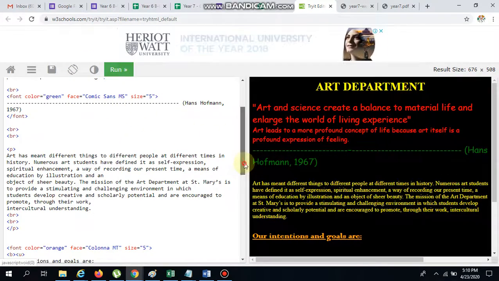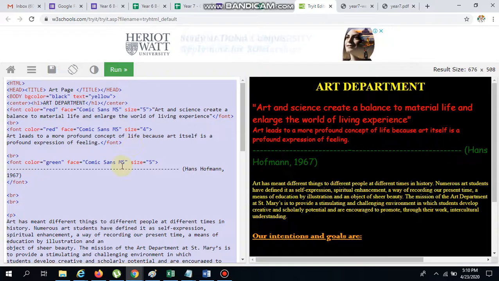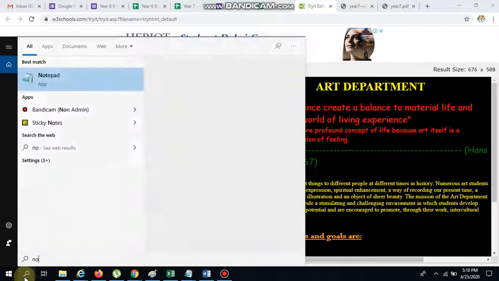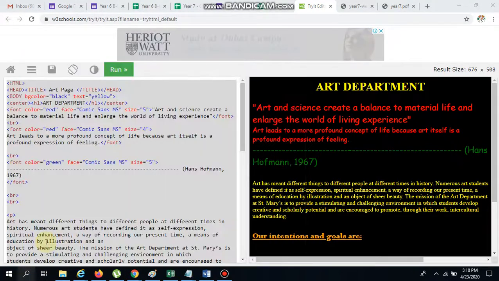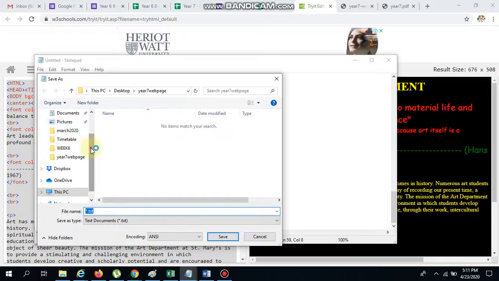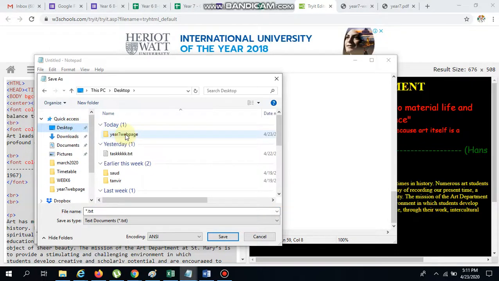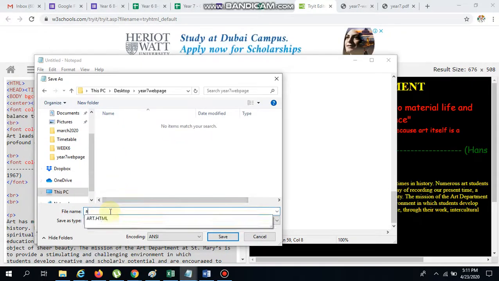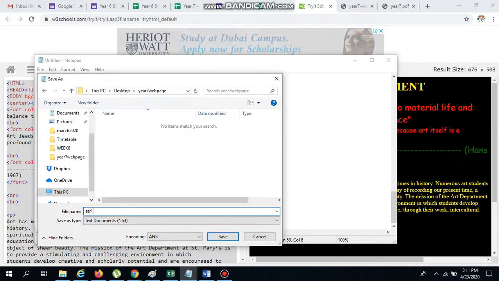Now I have to copy this code, then open Notepad, paste it here, file, save, go to desktop, year 7 web page. I'm giving, suppose, art1.html.